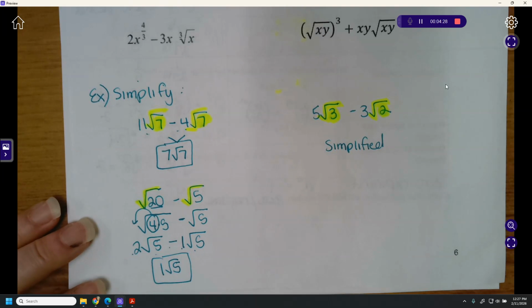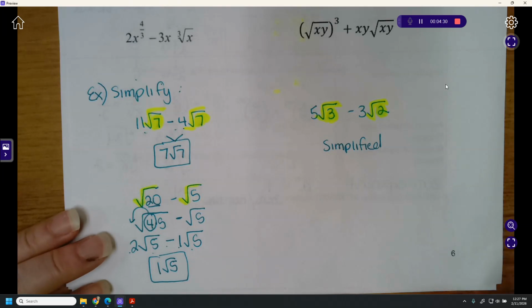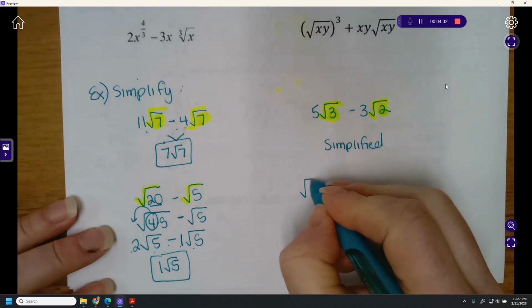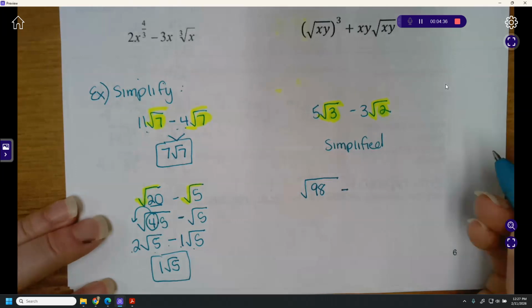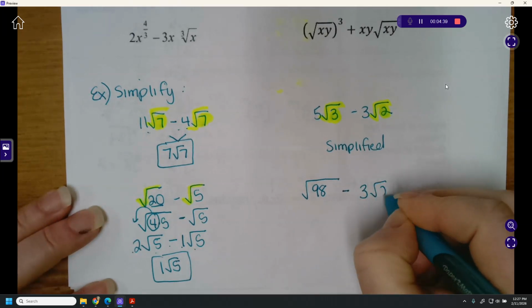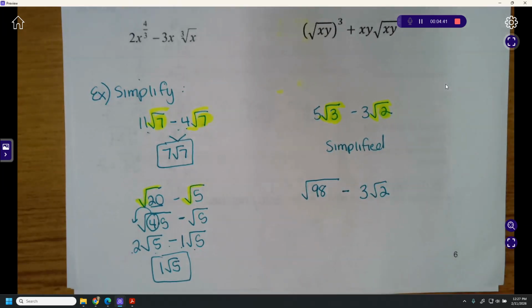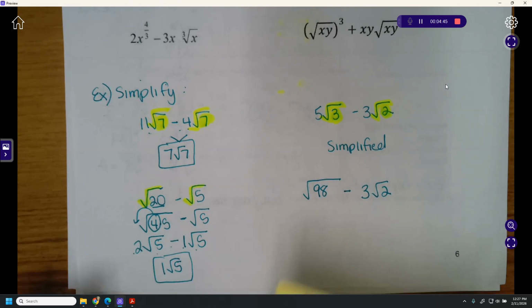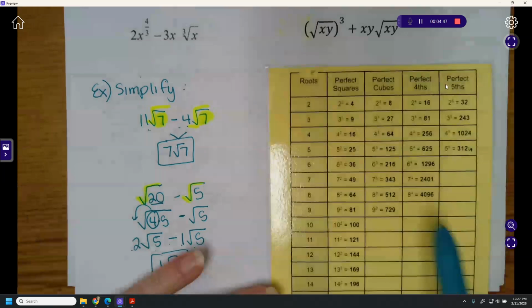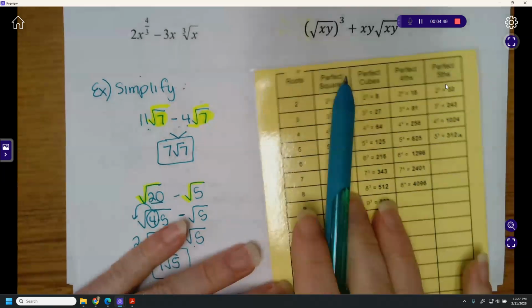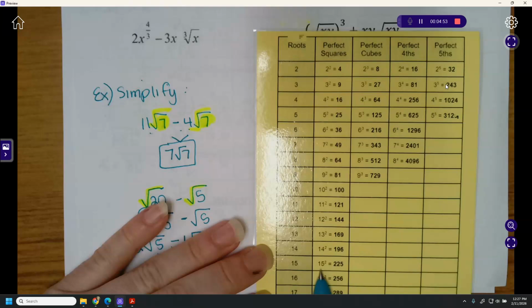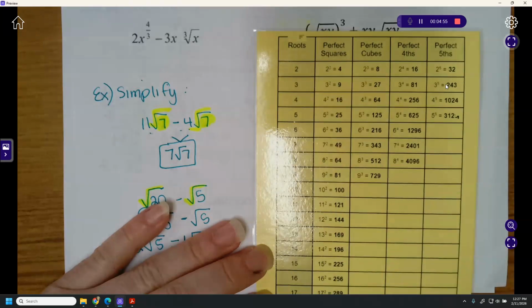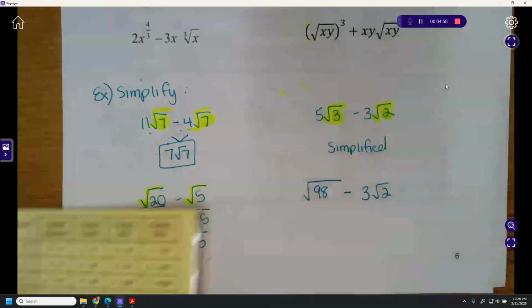Okay, let's do one more similar to that. So suppose I asked you to simplify the square root of 98 minus 3 root 2. It might be helpful too, if you're wondering how to break these down, to take out the root cards you got last week. The square roots are all in this column right here, okay? And so we're looking for